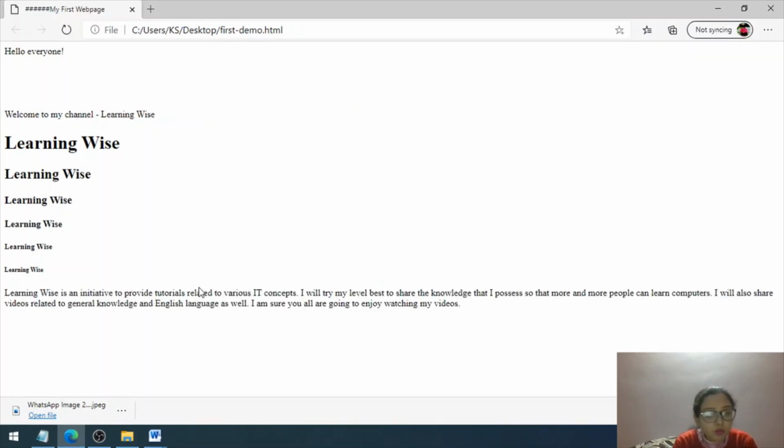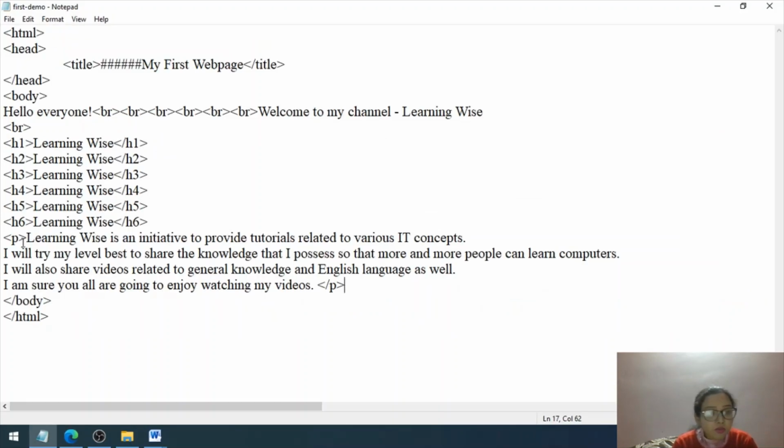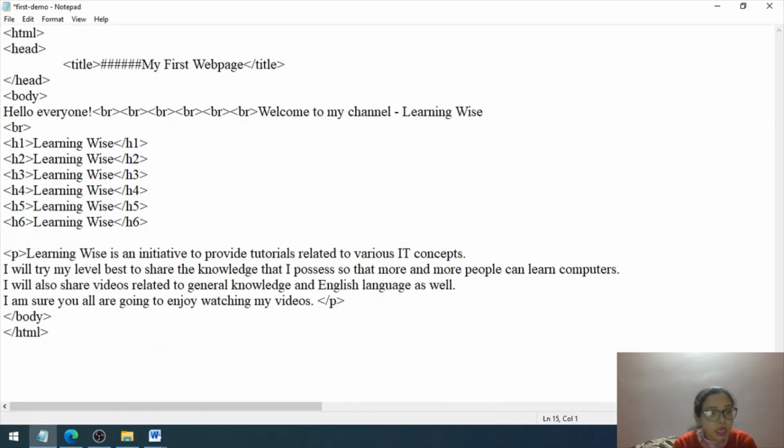Now if you notice, an entire paragraph has come here. Another thing which you need to understand is we have got this p tag, and this p tag has got one attribute also. Now the question arises, what are attributes? See, in HTML we have two concepts. One is the tags, another is the attributes. Majority of the tags have got the attributes associated to them.